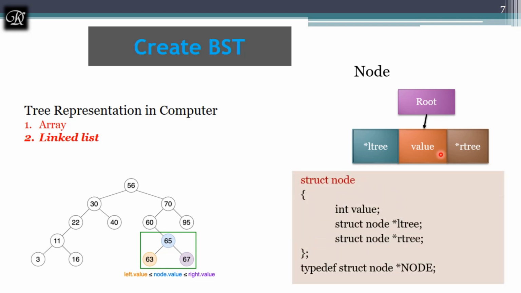And how to achieve this? With the help of a structure again. Here we have a numeric value as per the question, and we have links for the next nodes. That's why we have taken 2 links.